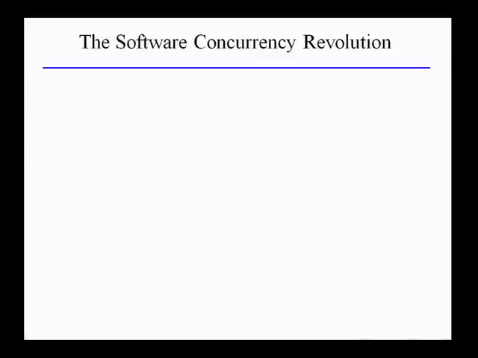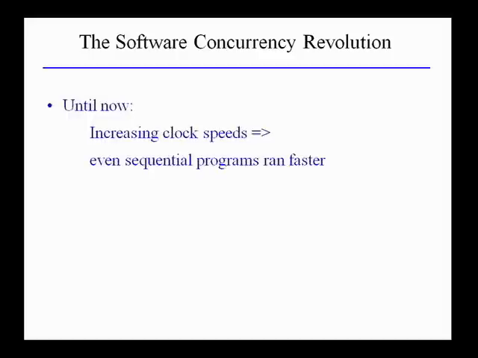And what does that mean? It means that concurrency is going to be a lot more important in the future than it has been in the past. Up until now, increasing clock speeds meant that even if you did absolutely nothing, your program ran faster every year. So for no effort, you got a 50% average increase in performance, assuming you were completely CPU bound,